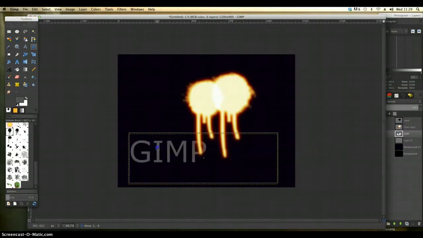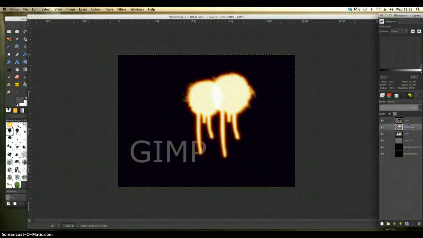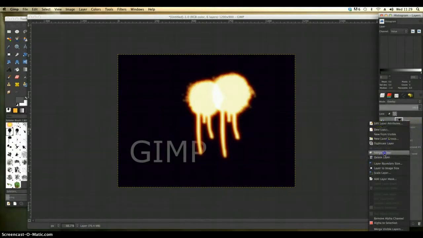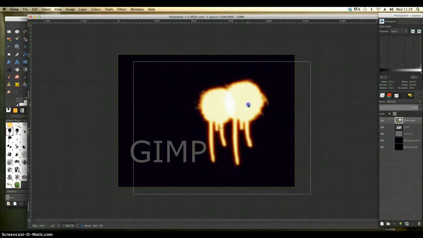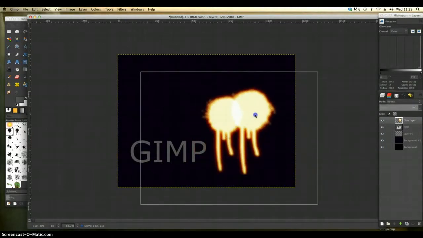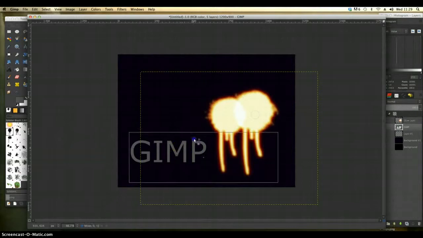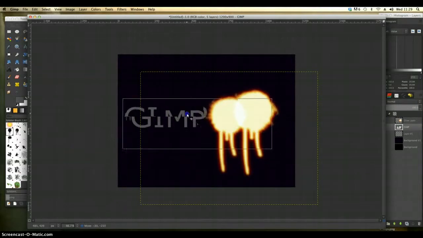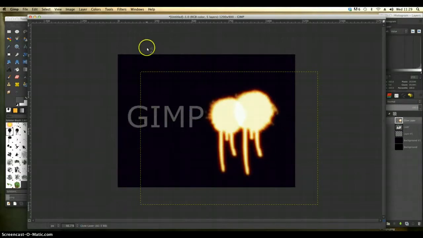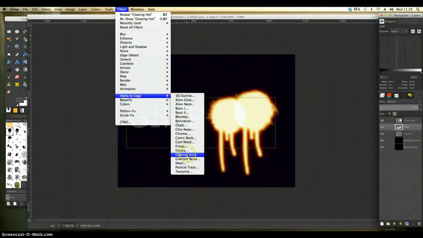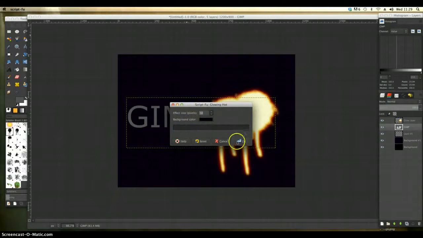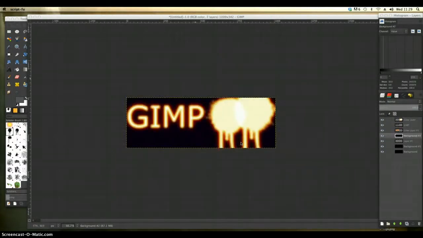I'm just going to find a decent place for it. I'm actually just going to merge that down and move that out of the way slightly so that we can get a nicely composed graphic. Right, we'll pull that in, and then go to filters, alpha to logo, and glowing hot. Now that's going to ask obviously for the same thing. I'm just going to hit OK, and there we go. And that is how you add a molten lava effect to any element using